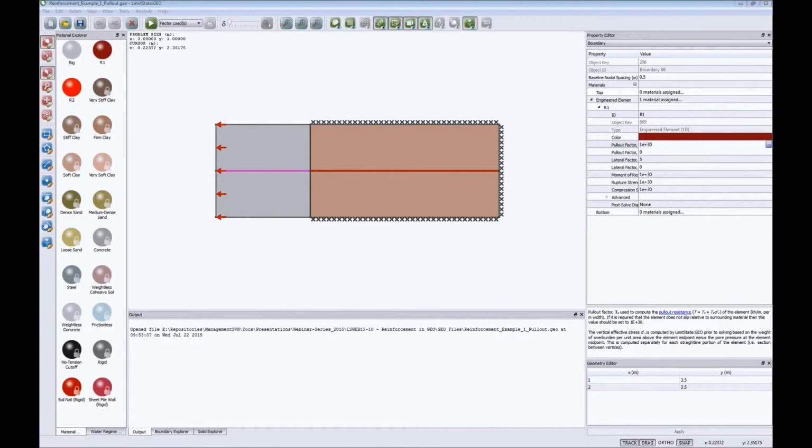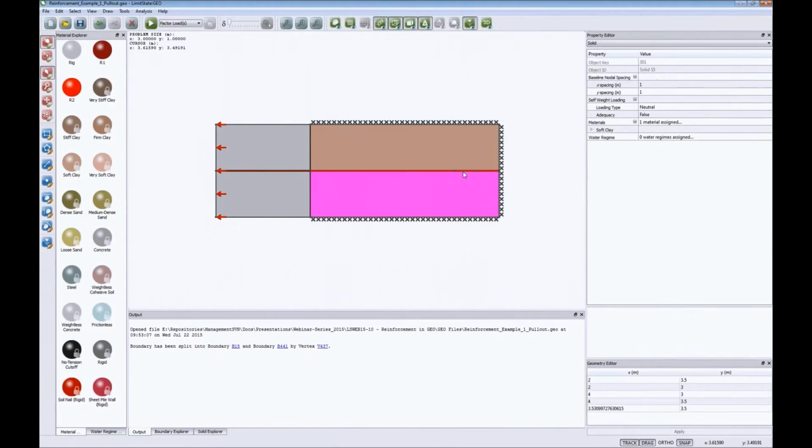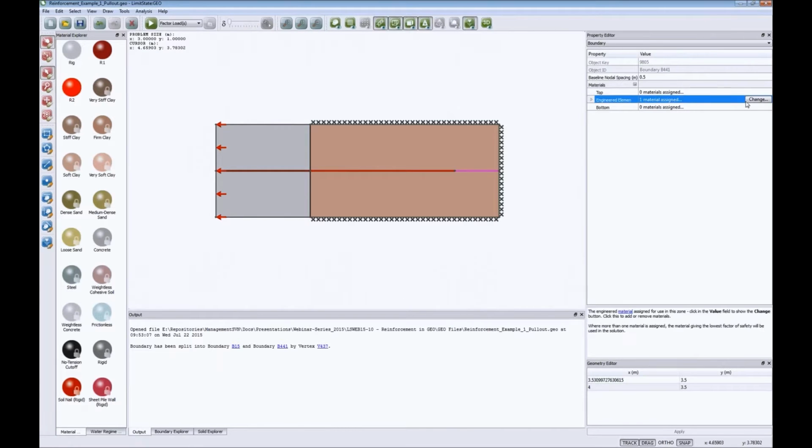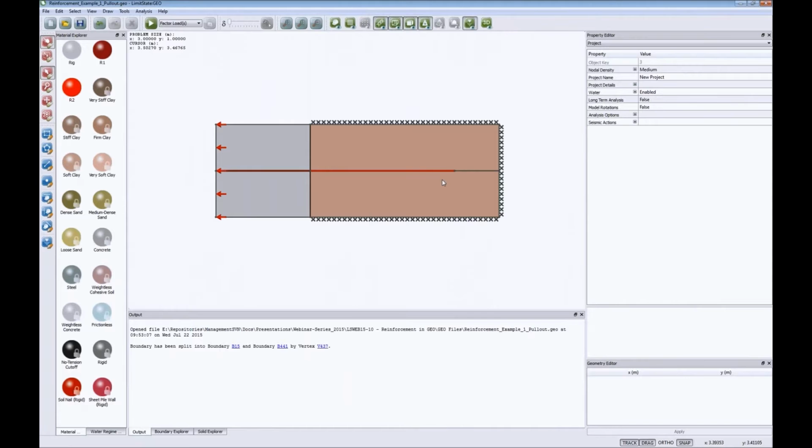Okay, how would you model anchor reinforcement with a concrete deadman? So this is actually in a sense another use of the engineered element. We can use the engineered element to model anchor tendons if we like. So what I'm going to do here is shorten that element. I'm going to remove the material from that end, just untick it. So now I've got a shorter element here, and what I can do is embed